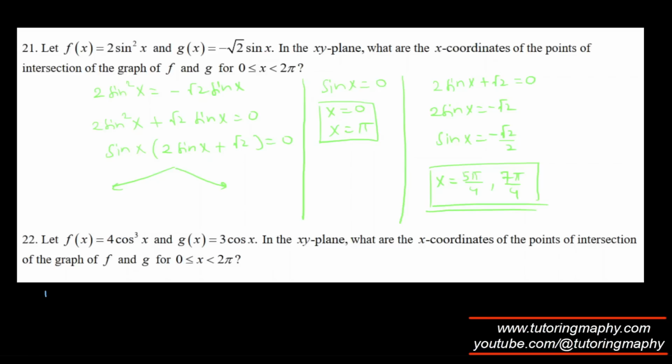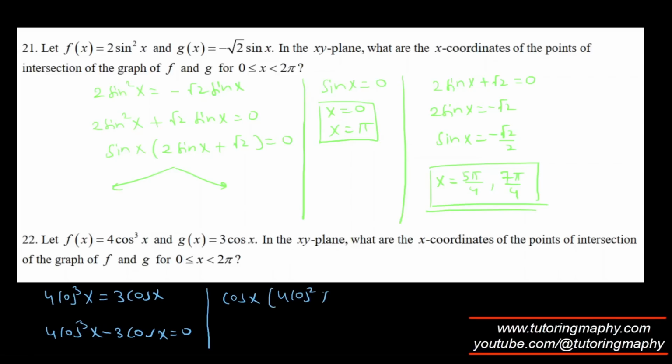The next one is 4 cos cube x is equal to 3 cos x, which means that 4 cos cube x minus 3 cos x is equal to 0, which means that cos x is taken out as a common factor. We are left with 4 cos square x minus 3 is equal to 0. So zero product property, either cos x is equal to 0, which means that x is either pi over 2 or 3 pi over 2,